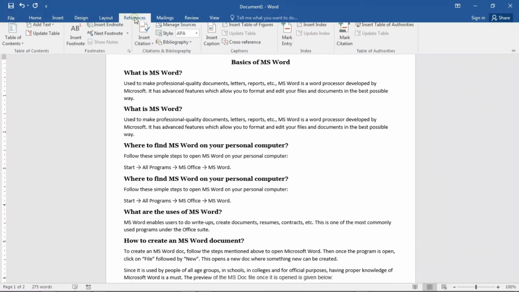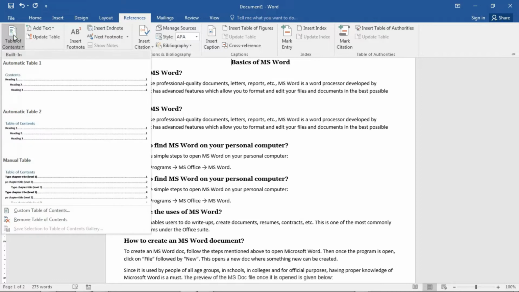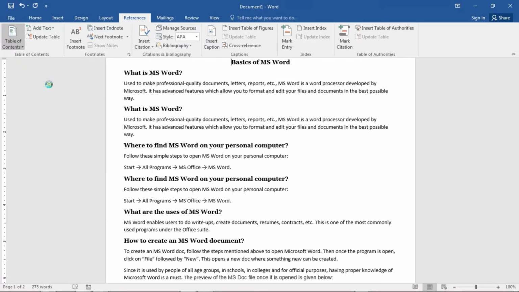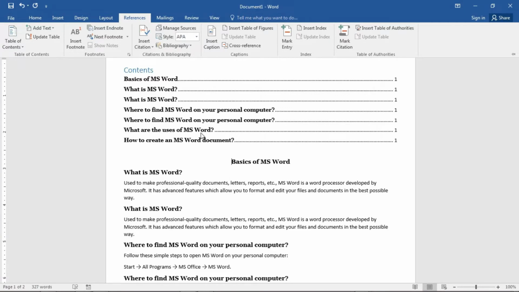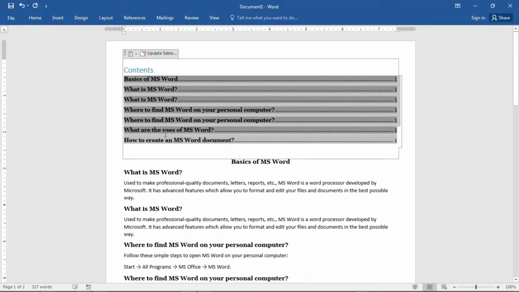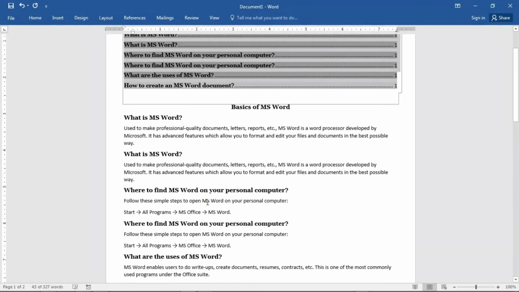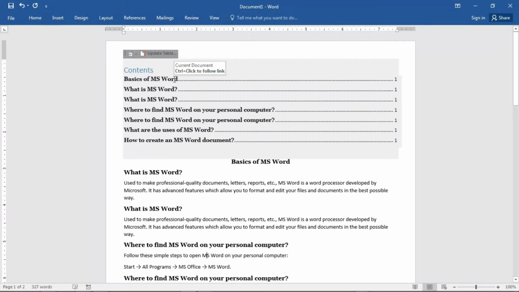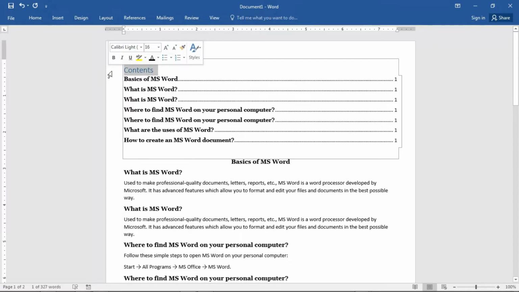We'll go to References and click on Table of Contents, and select this one. Wow, now you can see whatever headings you have applied, that format, everything has come into this content. We can remove this one, we don't want it.